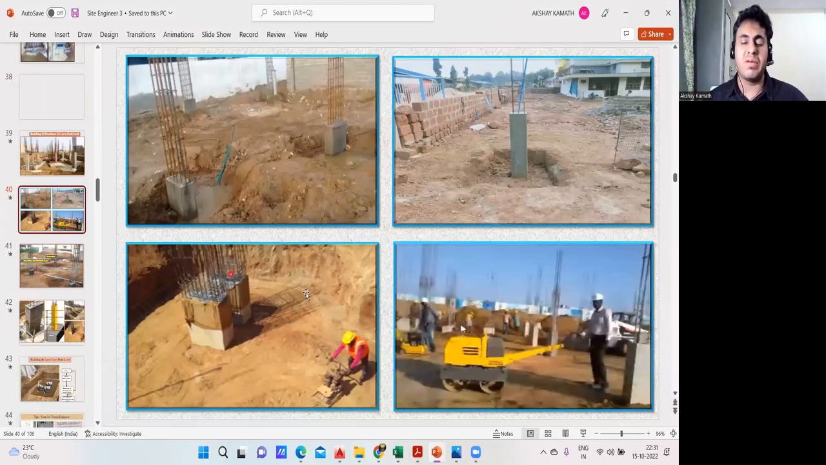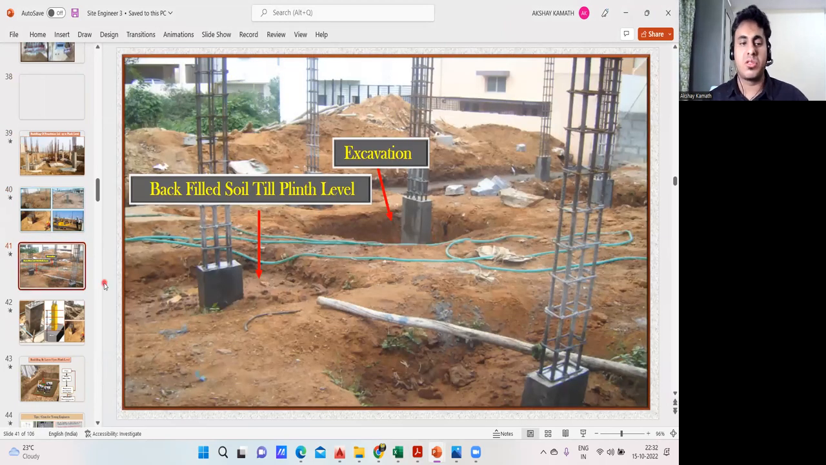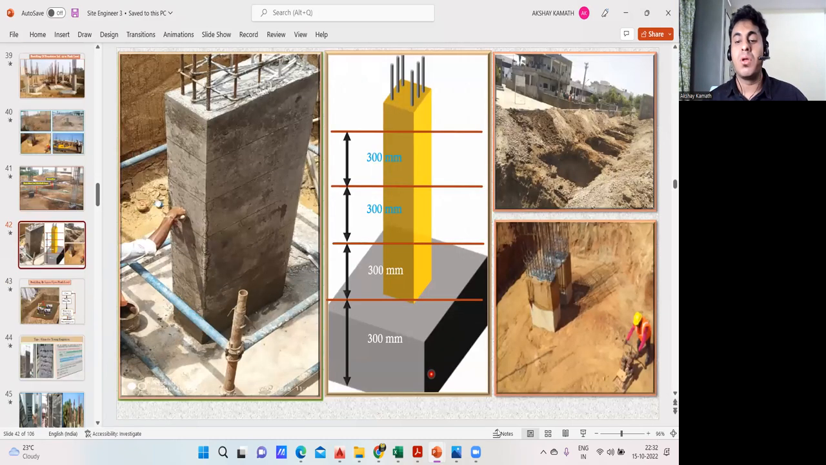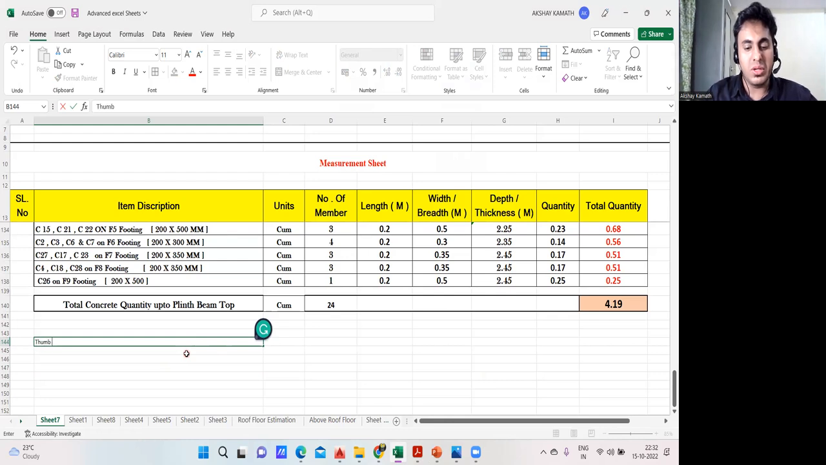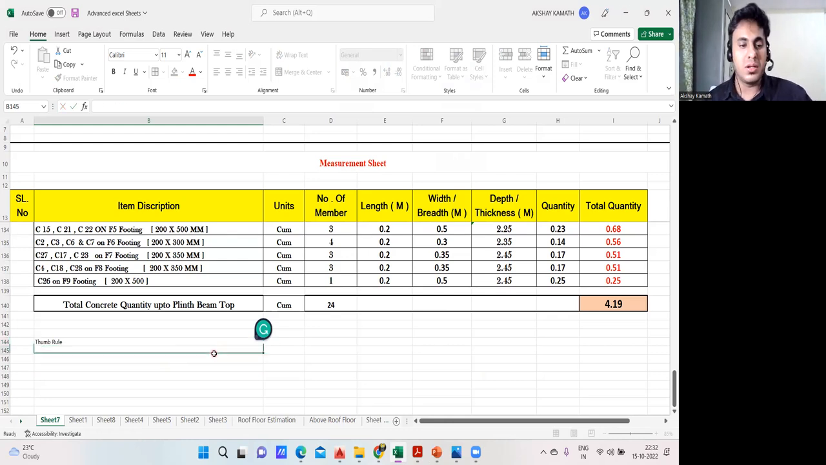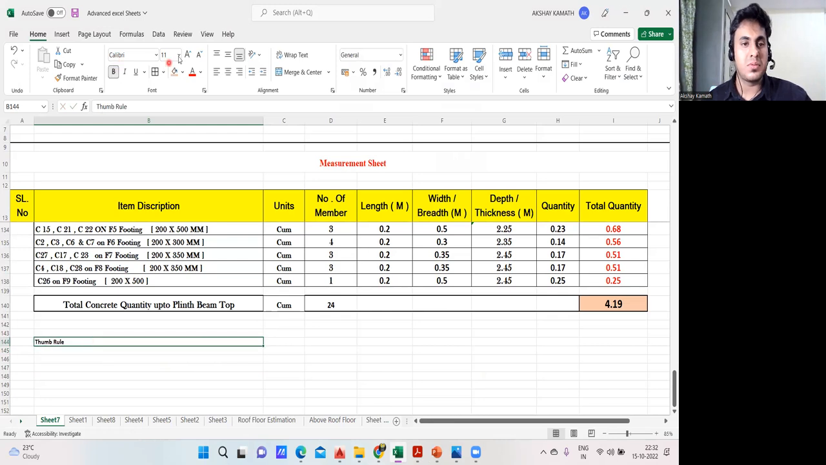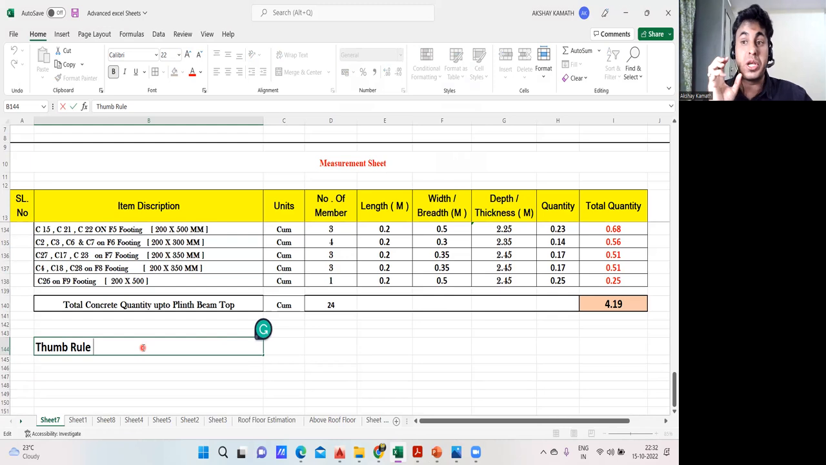Again, all these things I've explained step by step in my construction methodology course or site engineer course. So in this way, you're going to do the backfilling of the soil. How much backfilling of the soil are you supposed to do? For that, we have a formula, or you can remember a thumb rule. I'll write the thumb rule here. Remember the thumb rule: whatever is the excavation quantity, 75 to 80% of that will be your